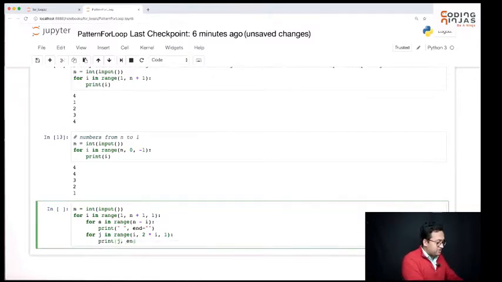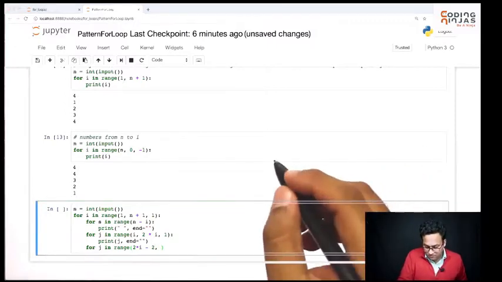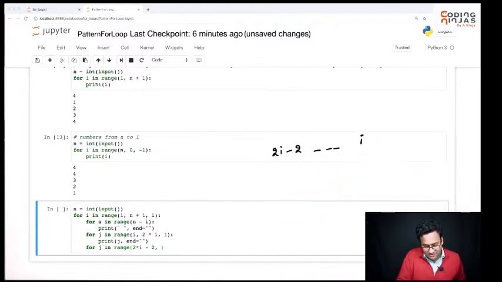So I'm going to print j. End is again an empty string. And now for the decreasing part, I want to start from 2i - 2, right? I want to go till i, and -1 is my step, by how much I'm going to change after each iteration.